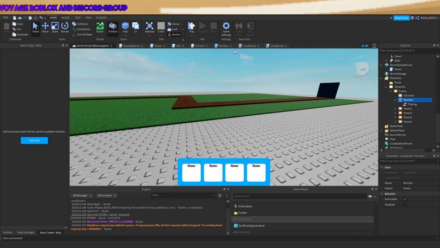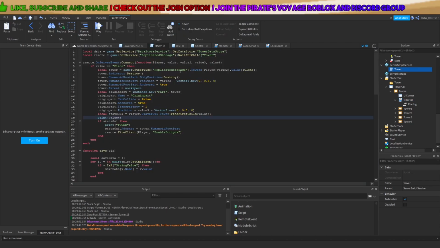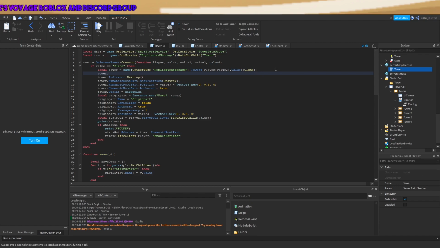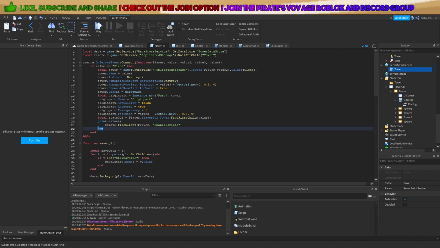So we somehow need to pass the tower as an instance. But how do we do that? Maybe we could give the tower a unique name, so apply that unique name thing on the tower as well. And then